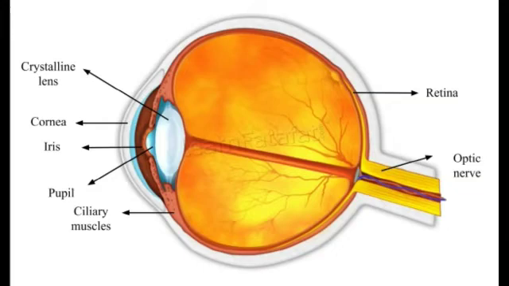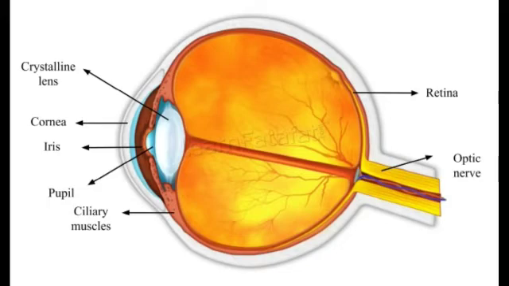Pupil. It is the center part of the iris. It is the pathway for the light to retina. Retina. This is the back surface of the eye. It is the most sensitive part of human eye on which real and inverted image of objects is formed. Eye lens. It is the important part of human eye. It is convex in nature. Ciliary muscles. Eye lens is fixed between the ciliary muscles. It helps to change the focal length of the eye lens according to the position of the object.